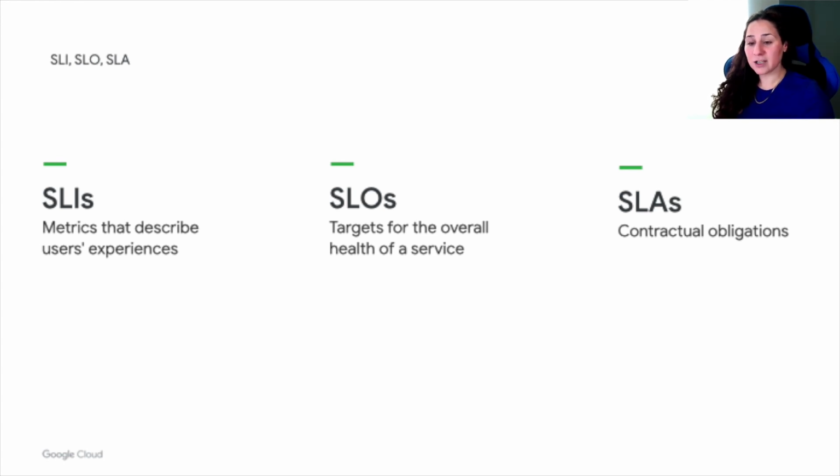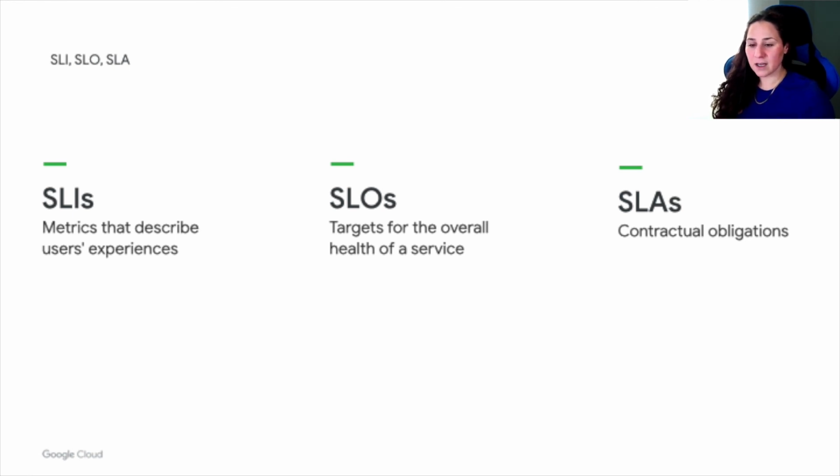Our reliability target for an SLI is called an SLO, service level objective. Aggregate that over time, it's the mathematical equivalent of error budget. It says over this window of time, this is my target and how well am I doing against it. And we want our SLO, our target, to drive our design.